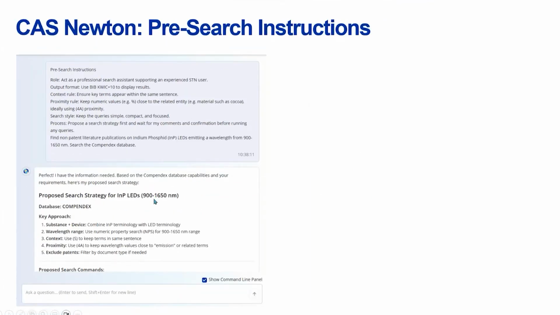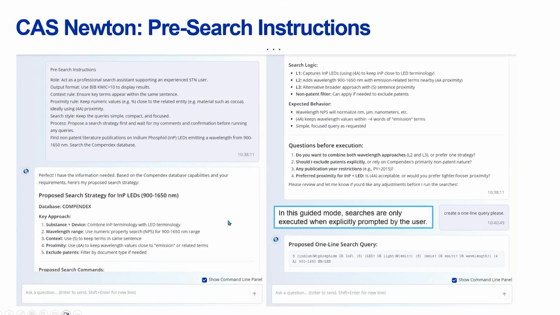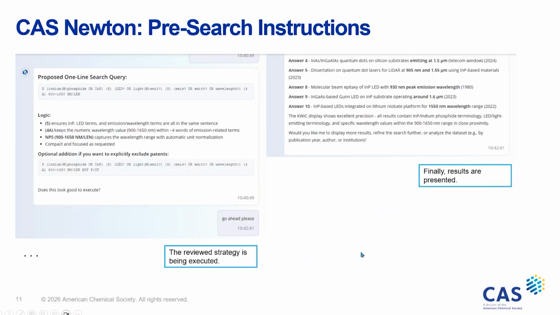So it then is looking at a strategy and proposing a particular strategy in multiple steps here. I'm actually asking it to create a one-line query, which is doing nicely, identifying the length field, the numeric search, 4A apart from emission, wavelength, and then the material information related to the indium phosphide and my LED context. So I'm reviewing this, asking it to go ahead, which it's doing, and then finally, it's executing the search and